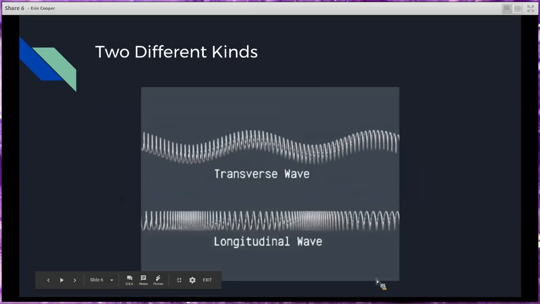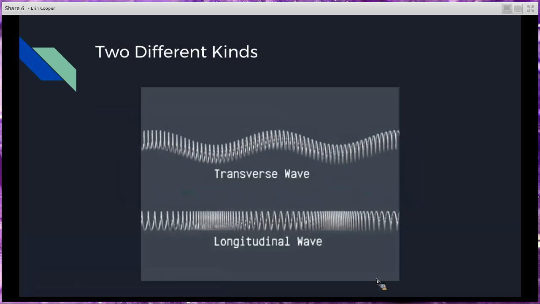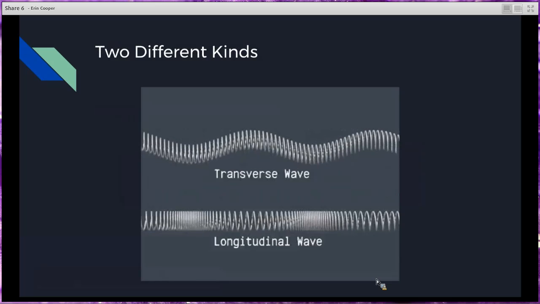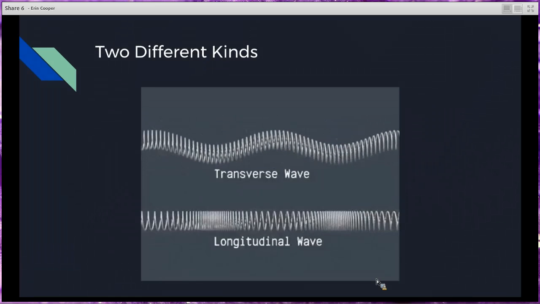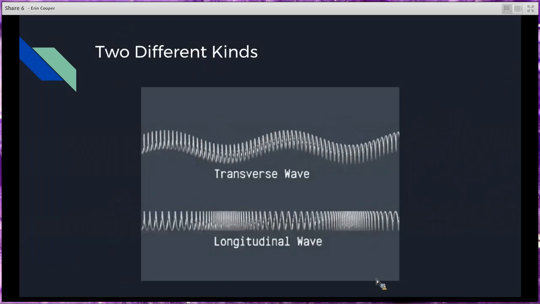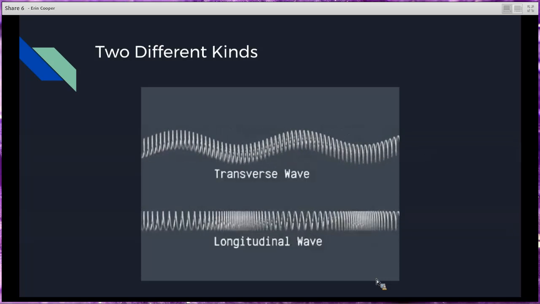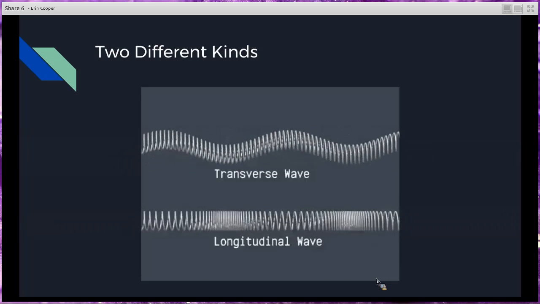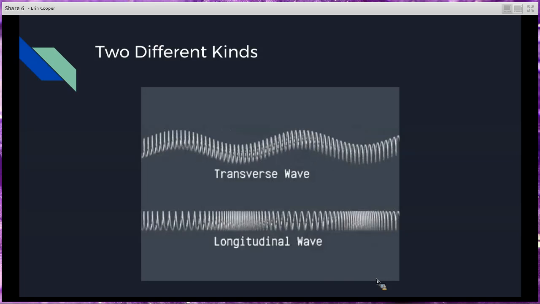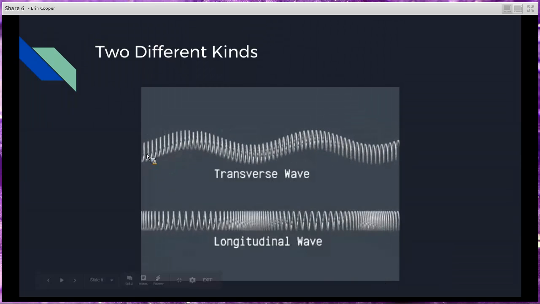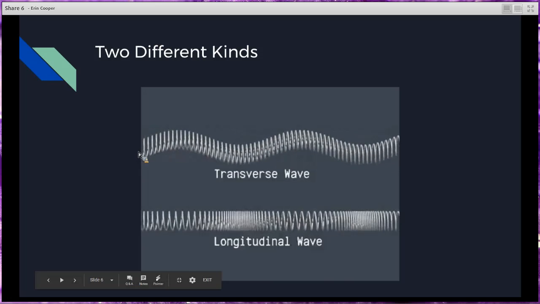And here again is a comparison of the two different kinds of waves that I mentioned earlier, the transverse wave and the longitudinal wave. A transverse wave is where the particles are moving up and down, whereas a longitudinal wave is where the particles are moving side to side. Now, this was reproduced with a spring, which can perform both kinds of waves. So you can see the transverse wave going in this direction,